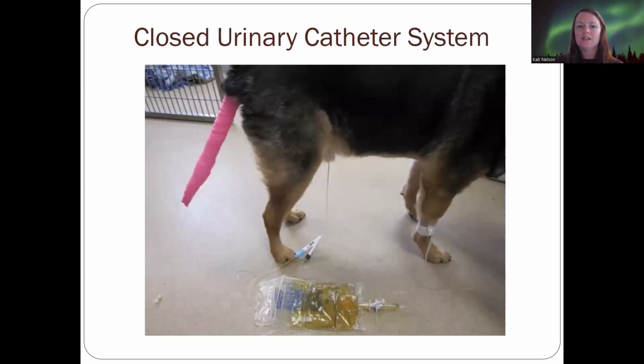So here you can see this is a urinary catheter system. And so the only thing I would change here really is where you can see it's coming out of the patient, I would attach it maybe up on the leg, or maybe a little bit further. You can either use suture and suture it onto the patient, or take tape and cover the line and then suture it. Just because if they step on that, they can not only kink the line and we won't be able to get that appropriate urine flow, but also